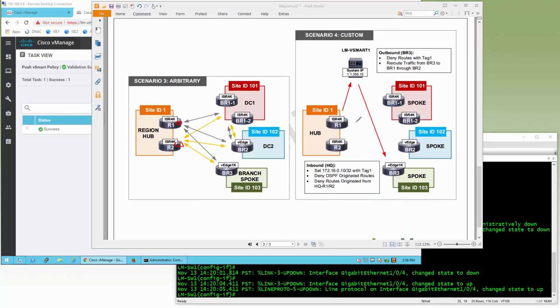In our last scenario, scenario number 4, we are going to try some other matching attributes that we have not yet used. Here we have some outbound. I guess we have selected the headquarter to advertise some routes to vSmart, and in the outbound, this is what we're going to do. For this particular prefix,